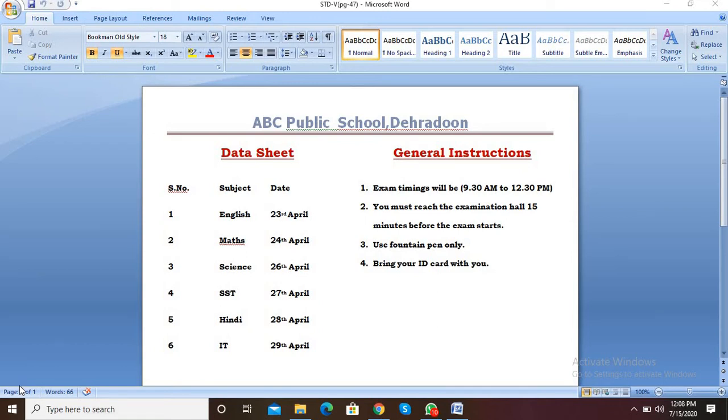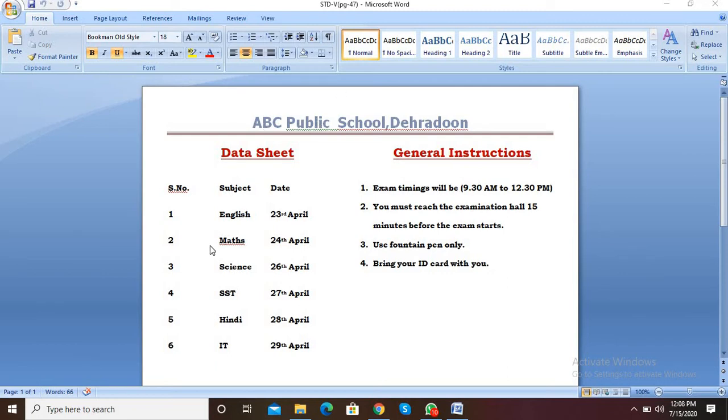On page number 47, you have a practical to complete with the help of all the topics covered in chapter 4. The first point in this practical session is to set the page margin as per your requirement with the help of the ruler. Second, apply the page header as ABC.